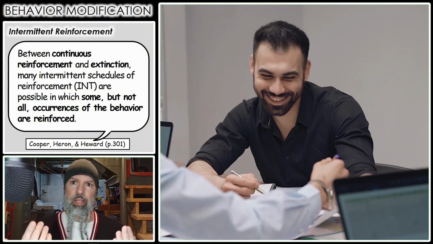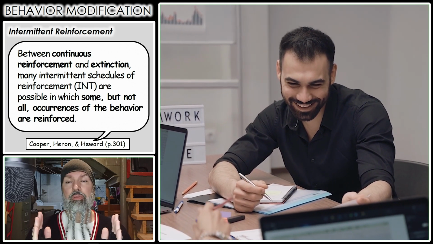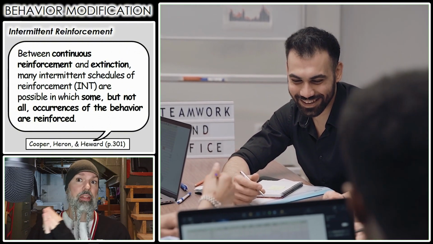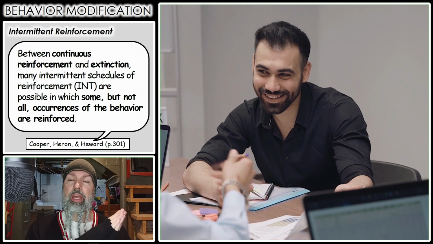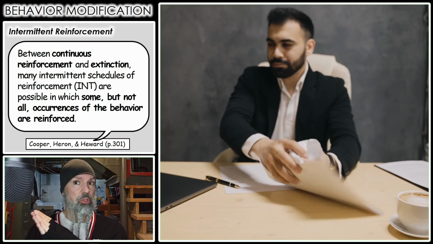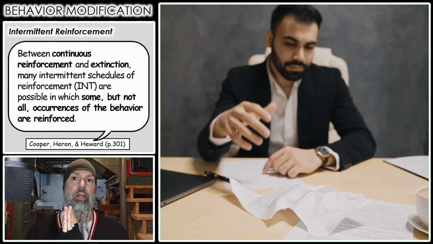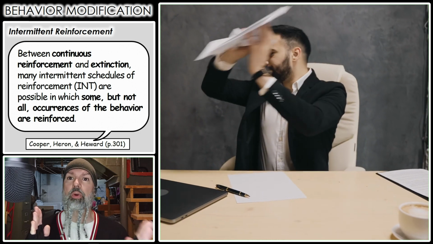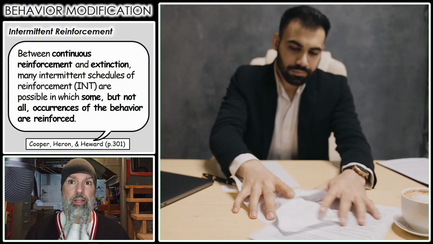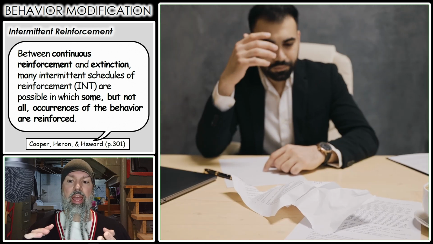So, for example, in a workplace setting, an employee might get praised for every single task when they begin their employment. So at the beginning of their employment, they get praised for every single task that they complete successfully. And then all of a sudden it switches to them getting praise for every 20 tasks that they completed successfully. So we've gone from a continuous reinforcement schedule where every task was reinforced, and then all of a sudden they go to an intermittent schedule of reinforcement where every 20th task is the one that gets reinforced. That employee could suddenly become unmotivated. They could suddenly become irritated. They could suddenly become frustrated with their job. And we don't want that.